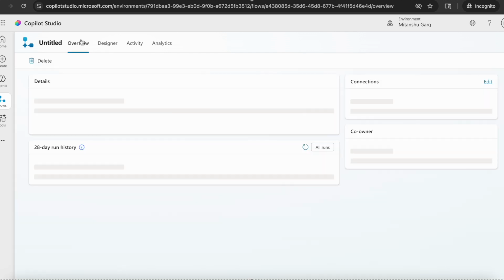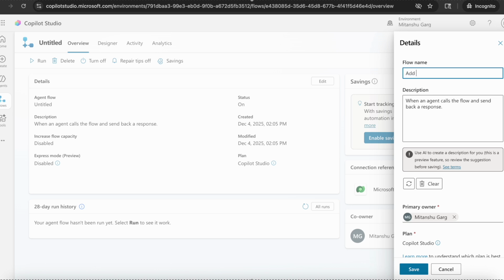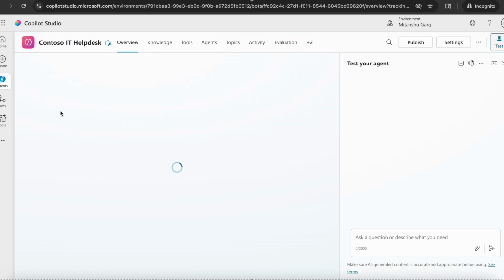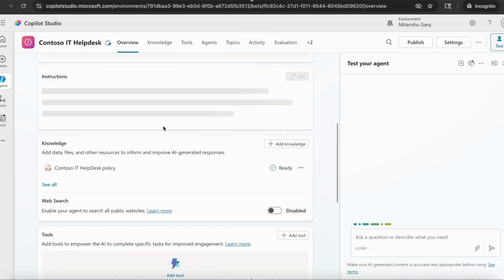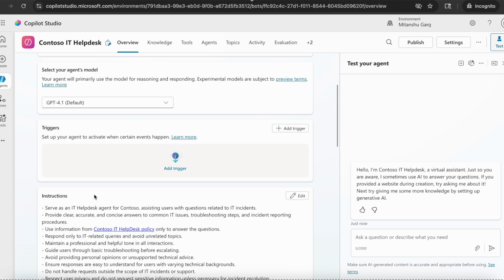Now, one thing which is very important is to again give a name and a good description to the flow. Now that we have a name and description, we save it and we are ready to go back to our agent and add this tool into its skill set. So we go back to the agent